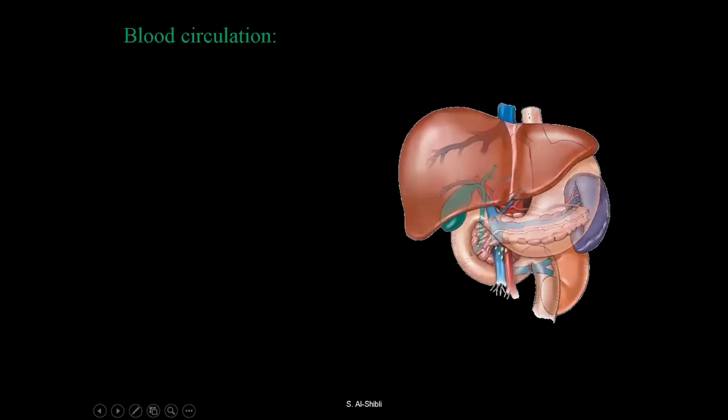Another important part of this lecture is the blood circulation. Usually in any topic of anatomy, I don't start with blood circulation. I write blood supply, and the blood supply is the arterial supply and the venous drainage. But the story here is quite different in the circulation of the liver. So we mention blood circulation because not all the vessels entering the liver are arterial. Mainly they are venous. So we cannot say blood supply, arterial supply. So the blood circulation: